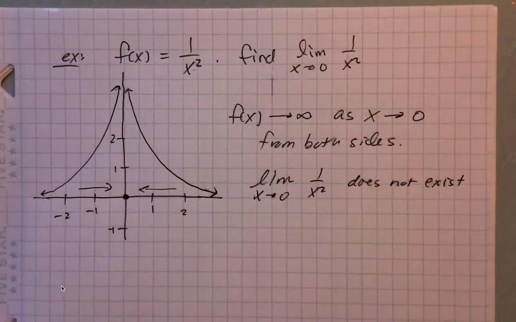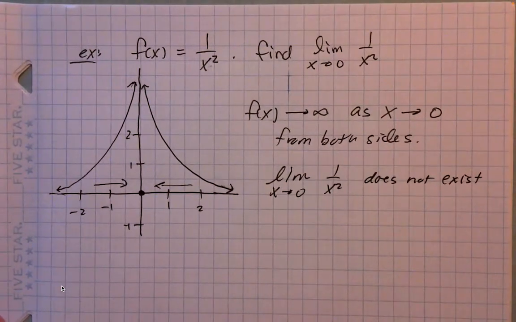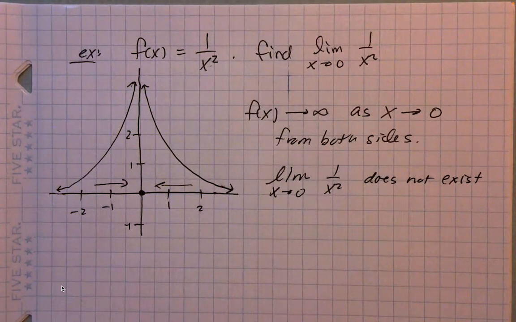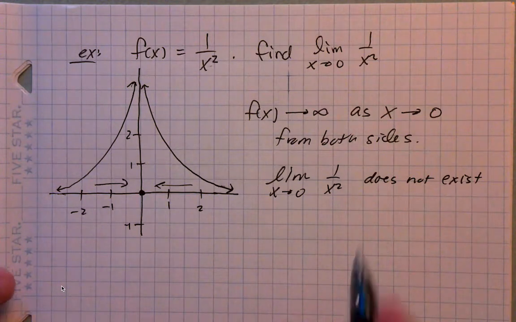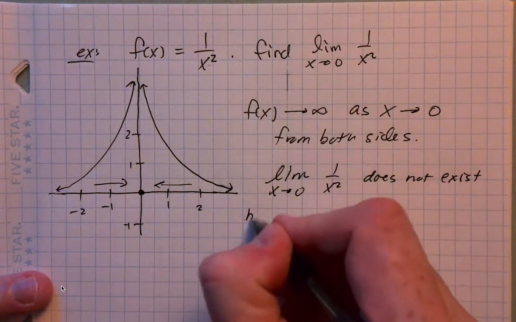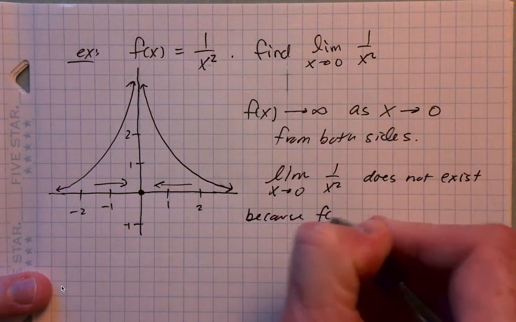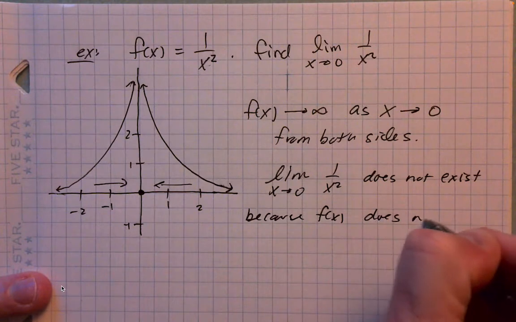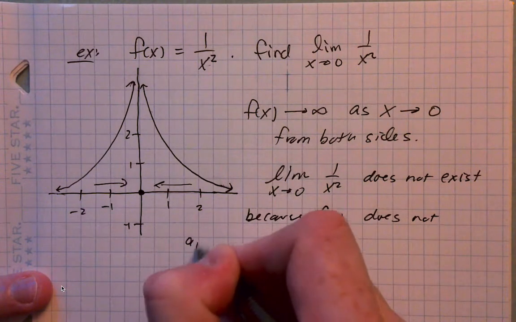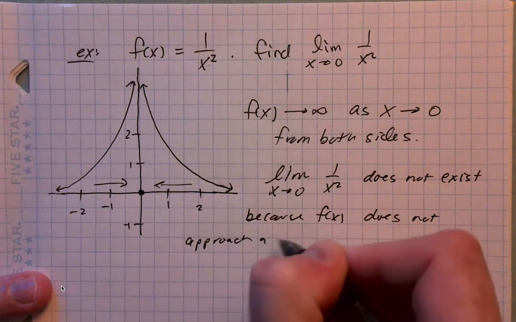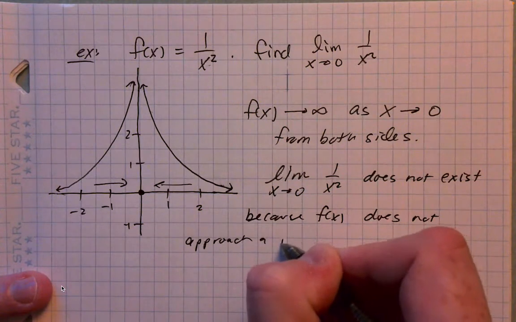Right? And specifically, we would say that, intuitively, we know that they both kind of head off to the same place. But technically speaking, this function does not approach a real number as x approaches 0. So we would say that the limit does not exist because f of x does not approach a real number